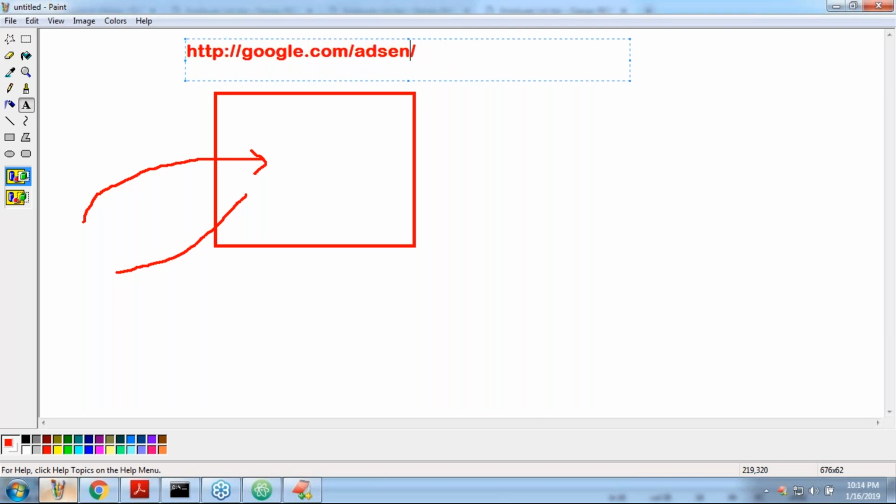Now question mark size is equal to 800. Now only 800-size Google ad images scripts are going to come. Getting it, right?